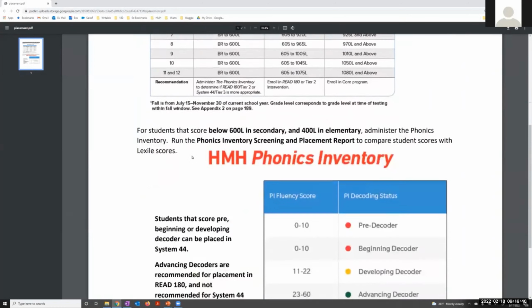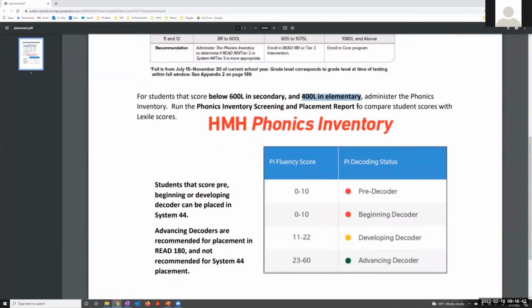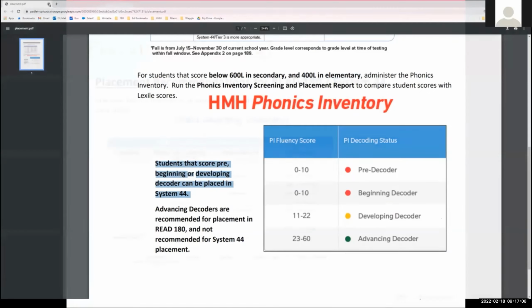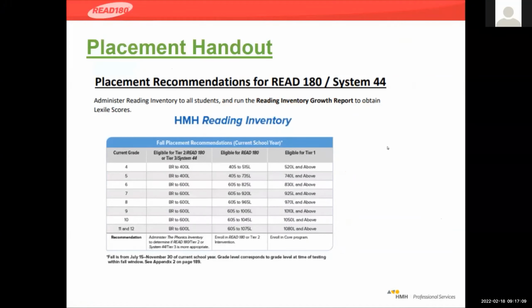The left column, we're going to give phonics inventory below 600, below 400 to those students. And again, which students we can identify for more targeted instruction, more intensive instruction in System 44. And again, advancing decoder, we generally rule out the need for System 44. Those two assessments together, we can use to identify students, we can use as our progress monitors. Once we have them placed in programs, Read 180 or System 44,